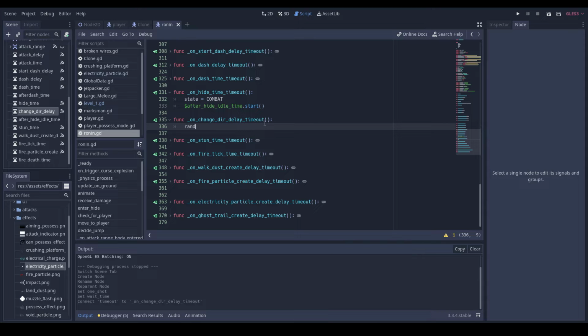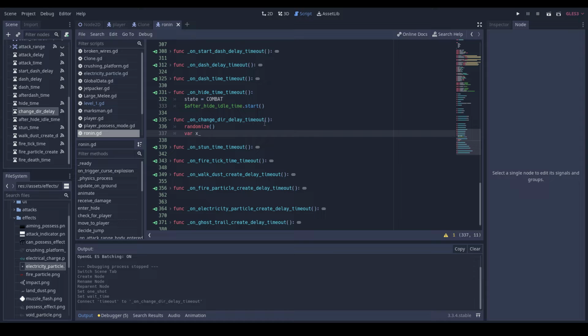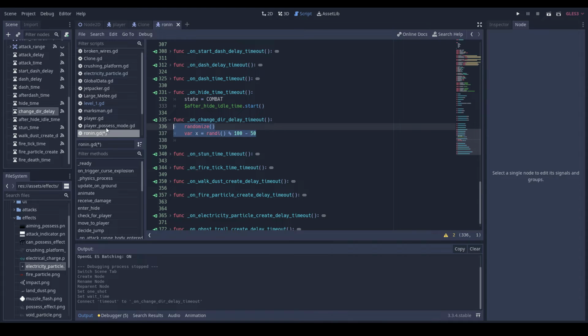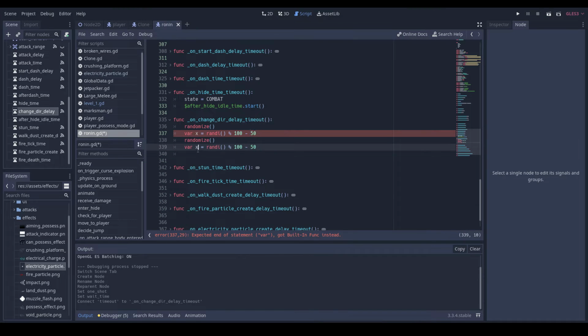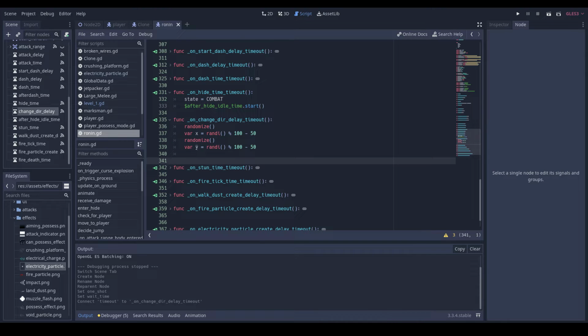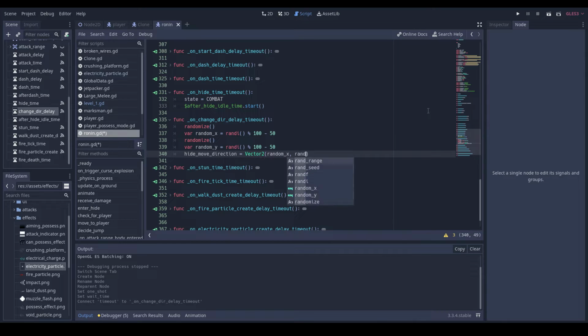Then we'll do randomize for x is equal to randi percent 100 minus 50, and then we can just duplicate this and change this to y. I'm just going to do random, just because having one letter variables for me is a little risky. So then we can do hide move direction is equal to Vector2 random x, random y,